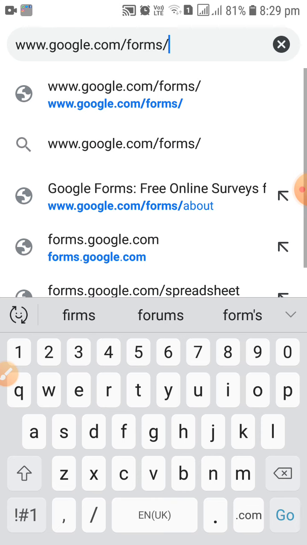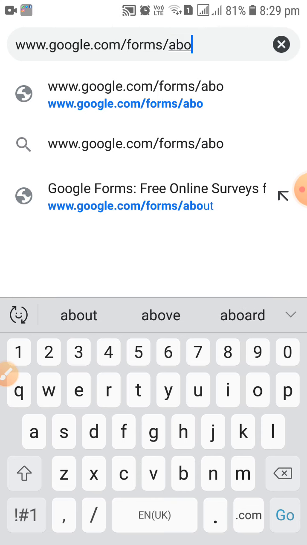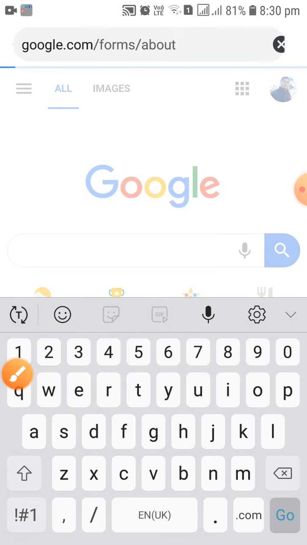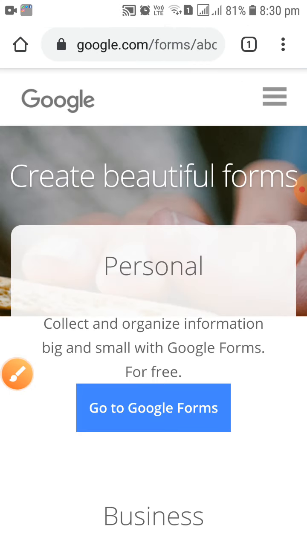Again you will have to type slash like this, and then type about. So the URL is www.google.com/forms/about, and then you will have to click on the go button. You can see the go button, I'm just clicking on that go button.